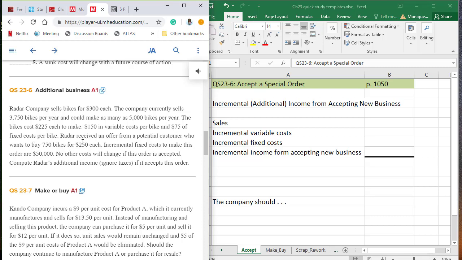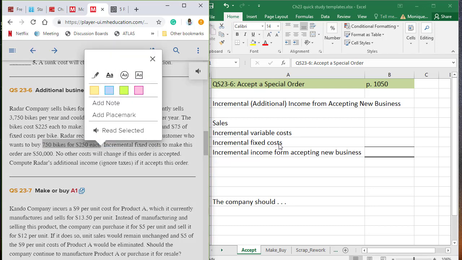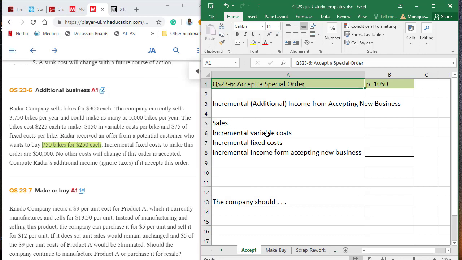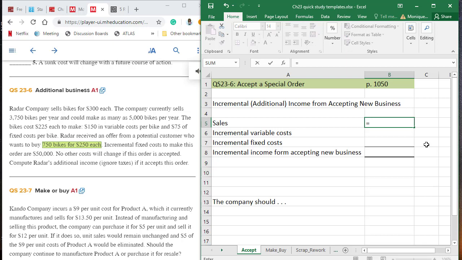So they go on to say that they are given an offer from a potential customer who's willing to buy 750 of the bikes for $250 each. So with the incremental analysis, what we're going to do is figure out how much additional sales we are going to incur if we accept this special order, and how much additional costs will we incur. The first thing I'm going to do is calculate the sales for those 750 bikes times the special price of $250, not the original $300,